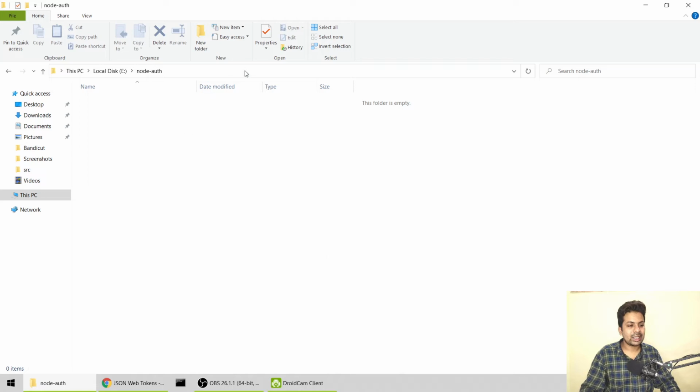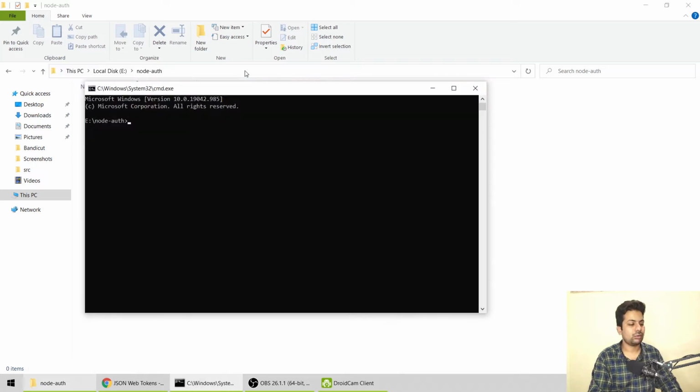So currently I'm in an empty folder. So we'll install some libraries. We need Express, Nodemon to keep it running, Mongoose, and CORS if you are using a front end, but not required in this, but still I'm using. And one more thing, for now, yeah, that much is enough.